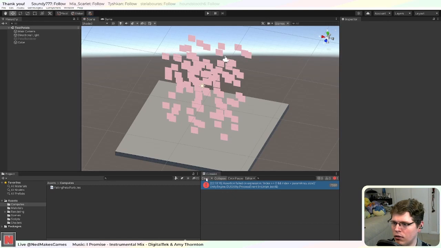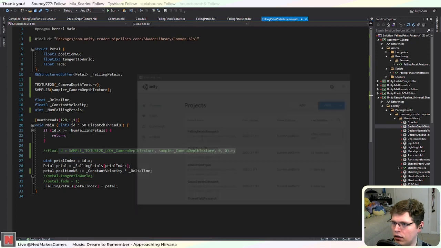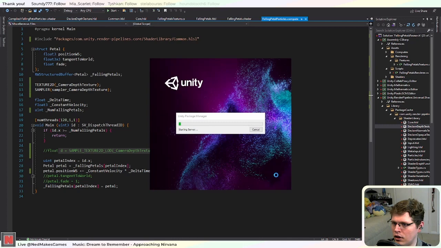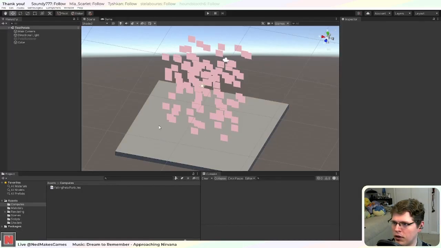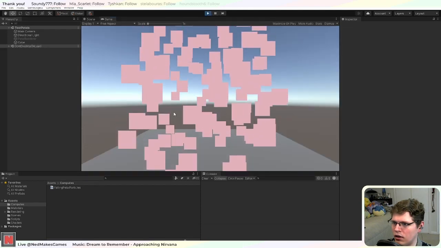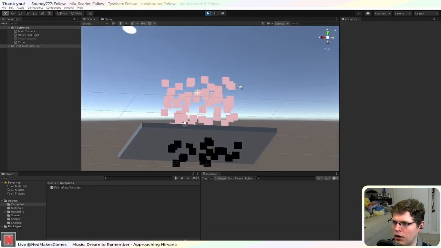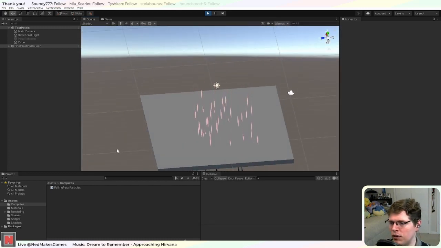Okay, so anyway, if I restart it again, does the error go away? Because all I did this time was take away this texture sample, and then the error started happening again. I've never had this bug before, so I don't really know what's going on. I want to try it in another project and see if I can reproduce it, or if it's something with this project specifically. But now, see, when I restart it, it's not happening anymore. But it also didn't happen in this project until we started working with renderer features, so